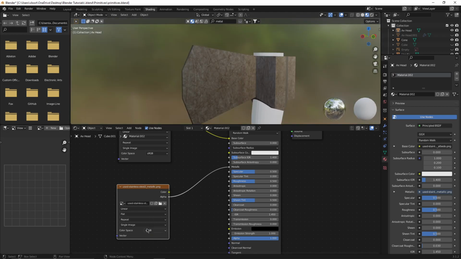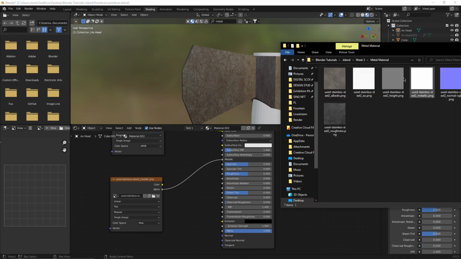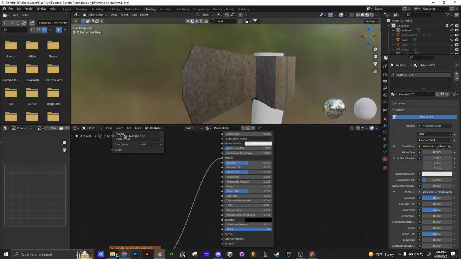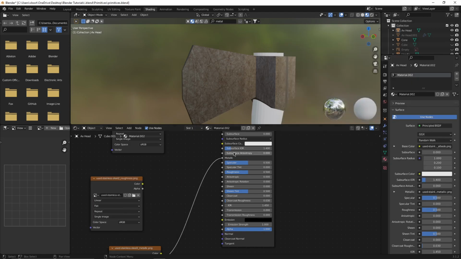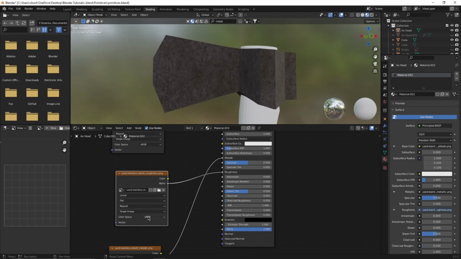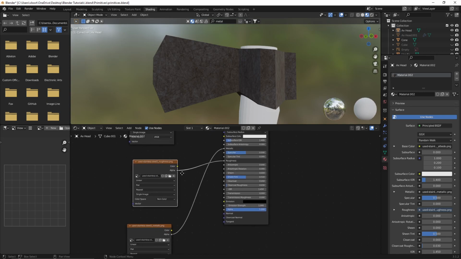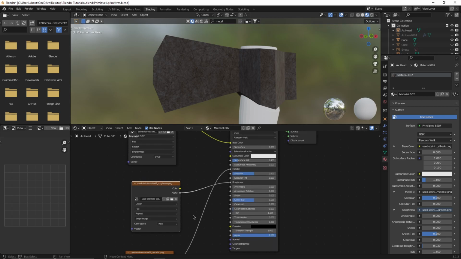The thing is, color space, where it says RGB, you want to set it to raw. Anytime you have a texture that doesn't require a color, you can just set it to raw and it'll work a lot better. We have a roughness one, so let me drag this here. The roughness is gray. Put the roughness in. So we're just kind of plugging these in manually. Let's set this to raw. Maybe it'll make a difference. No? Non-color? All right, doesn't seem to really make a difference, but